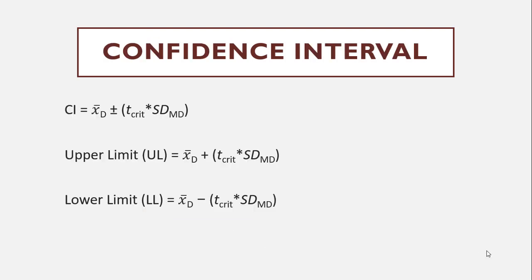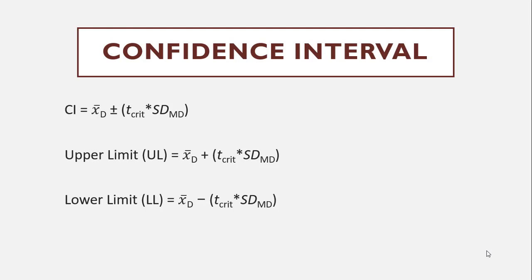The last thing that we can calculate is the confidence interval. So confidence interval, similar to what we saw before, now it's going to be x bar d, so the average difference, plus or minus t critical times the standard error of the mean difference. Again, when we add, we're going to end up with the upper limit. When we subtract, we're going to end up with the lower limit, assuming that we always use an absolute value